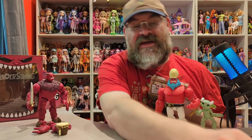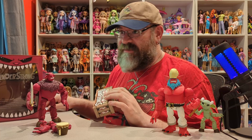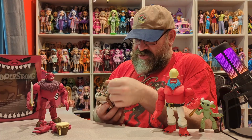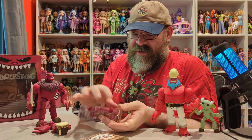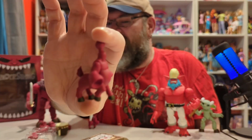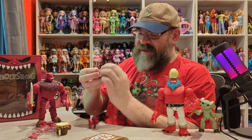Let's open this Plunderlings Hatchling crate and see what these look like. These, I believe, there should be, yeah, there's 2 in here. You usually get 2 per crate, and these are like little centaur bodies instead of a satyr or fawn body. And they have these giant arms because